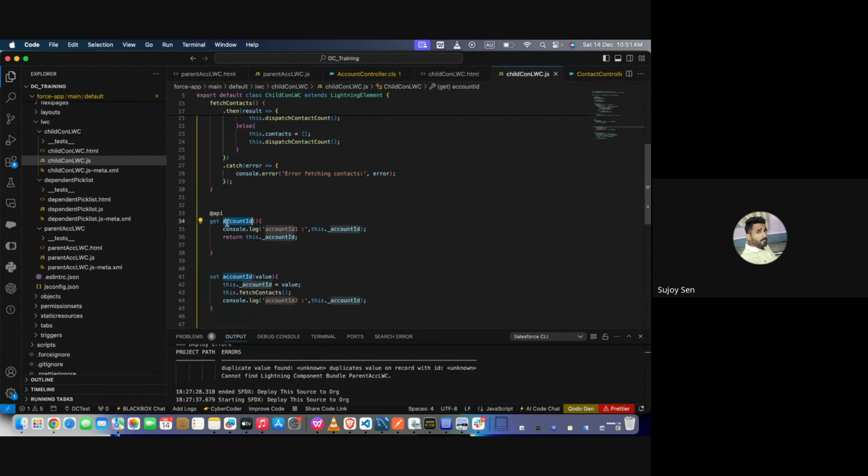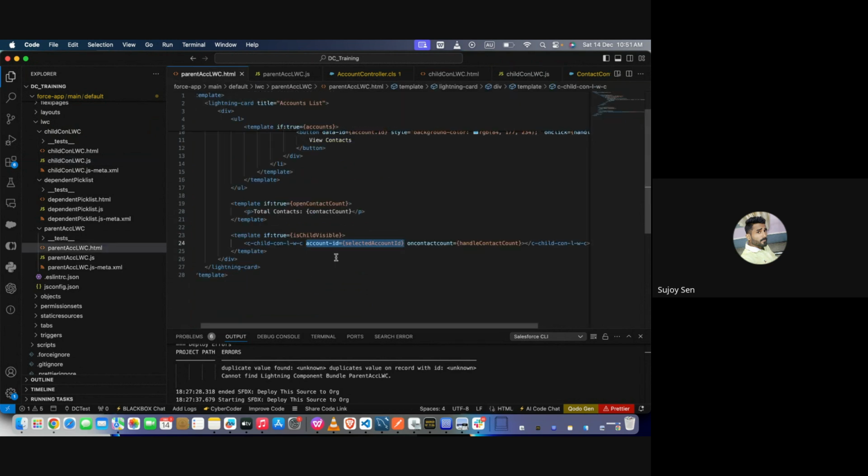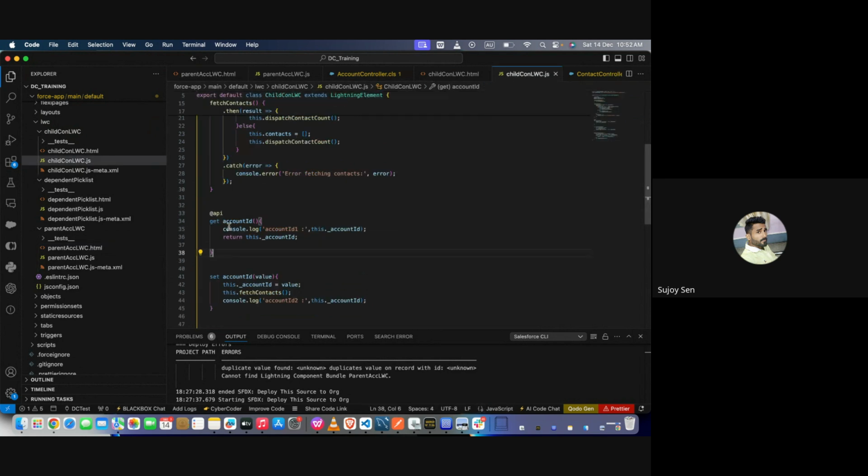So you can see that there is an account ID, and this is a variable, and in this variable the I is in uppercase, right? So that is why whatever I put in this particular attribute, I have to add the same thing. Like if I put like con ID, so in this variable, like in this function,